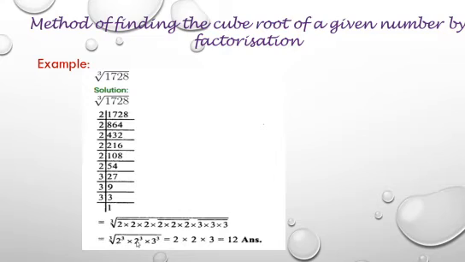So out of these 3 numbers, one number we will take it out. Out of these 3 2's, 1 we will take it out. From here also we will take 1 out, and from 3 cube also 1 we will take out. So cube root of 1728 is, multiply all the 3 numbers, 2 into 2 into 3. What we will get? 12. So we can also say that 12 cube is 1728, or cube root of 1728 is 12.